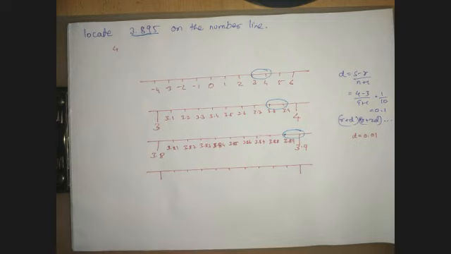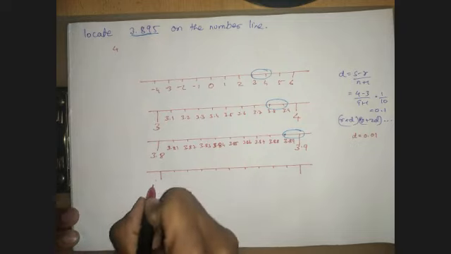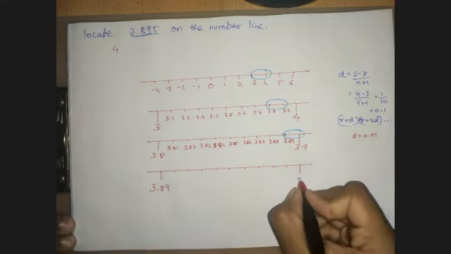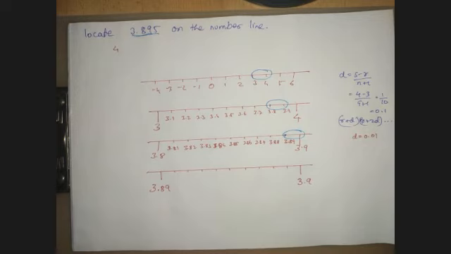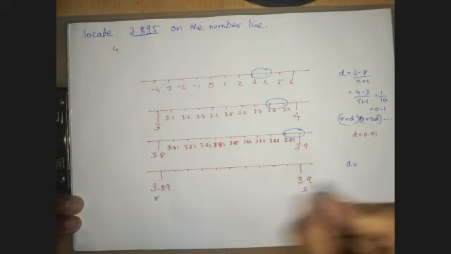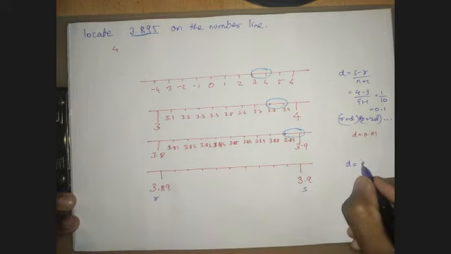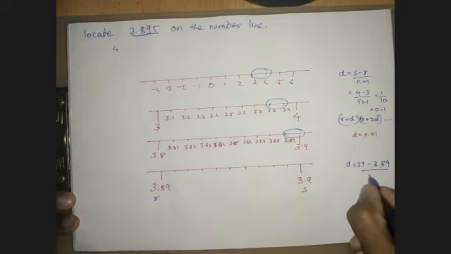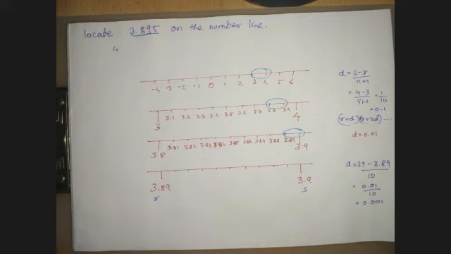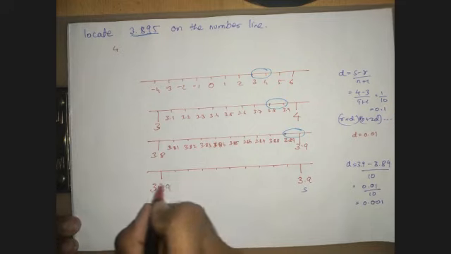Okay, so how do I do that? Again, I need to insert 9 numbers between 3.89 and 3.9. So how do I do that? It is again d is equal to s minus r, that is 3.9 minus 3.89 by 10, that would be equal to 0.01 by 10, that would be 0.001. So I need to add 0.001 to these numbers. So it would be